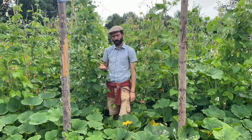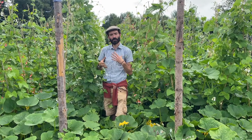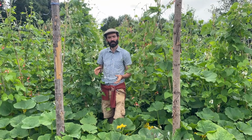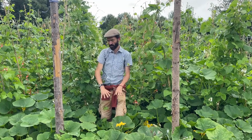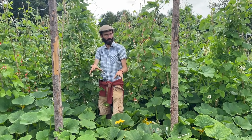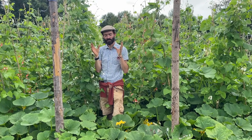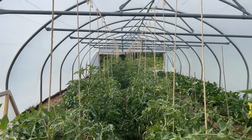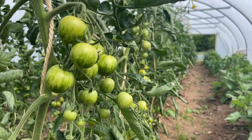One of the things I love about growing here, as well as mimicking ways and techniques of growing vegetables in a commercial way, is that we also get the chance to experiment and try new things. So this year we're growing our drying beans up these poles and our squash along the ground, and just watching how they work together. That's one of the things that's quite special about being at the college, we get to try things a little bit different and push those boundaries forward just to see what we can find. And if it doesn't work, that doesn't matter, but we've given it a